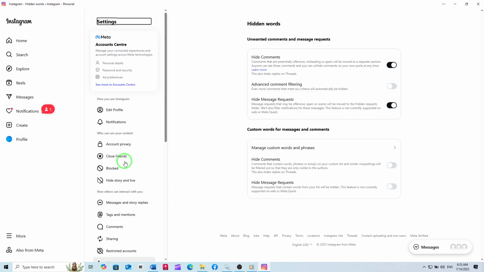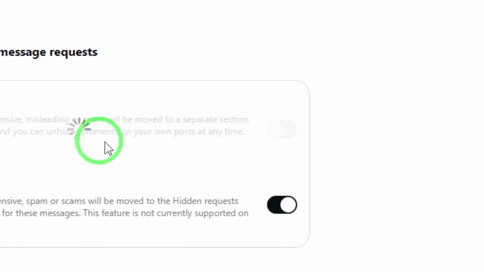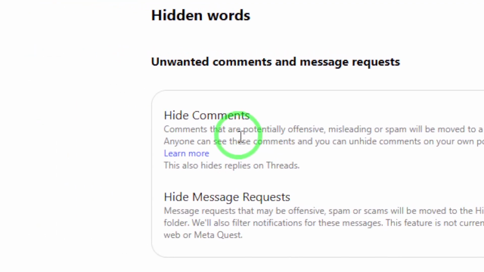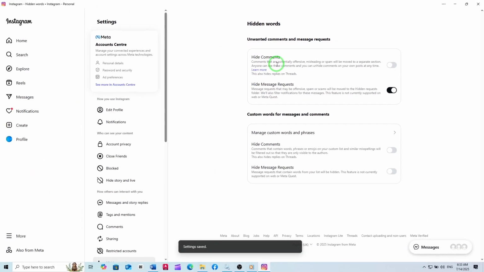Once you're in the Hidden Words section, you'll see an option called Hide Comments. By default, this setting may be turned on, which means Instagram is automatically hiding comments it thinks are spam or inappropriate. To make sure you can view all comments, including those marked as spam, simply disable the Hide Comments option. That's it. Now, all comments, even those previously filtered out by Instagram's automated systems, will be visible under your posts. This gives you full control over what you see and lets you decide for yourself which comments to keep or